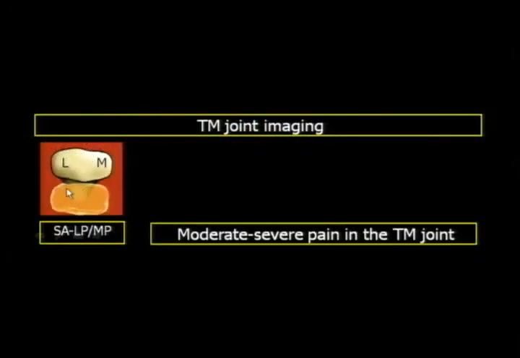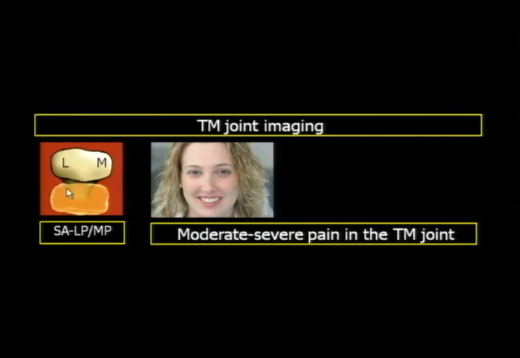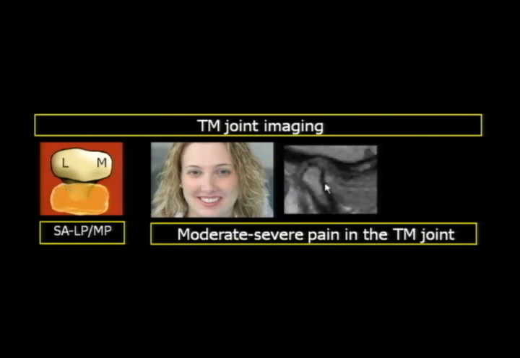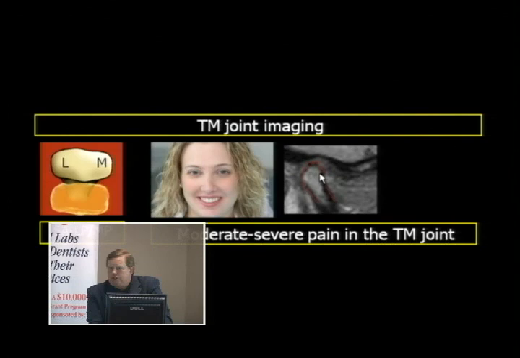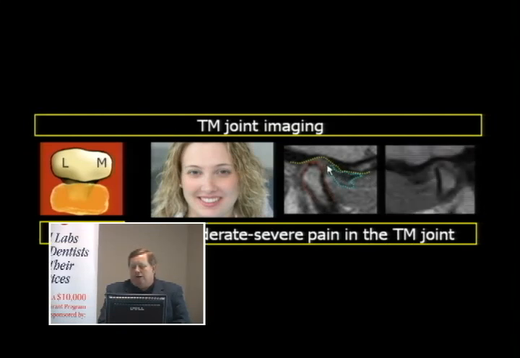I'll image if I have moderate to severe pain in the joints. Michelle came in, Michelle had a lot of pain. If we take a look at her MRI, we can see the condyle. She's got erosive changes on the surface of the bone. She's 26 years old. We can see the joint socket, and now we see the disc. Big disc sitting right out in front of the bone. Again, if I can get a small disc sitting out here, I'd rather have that than a big disc sitting right in front. Her other joint,